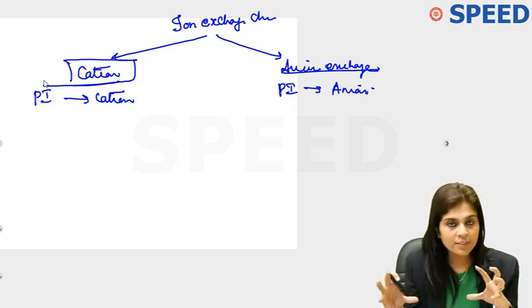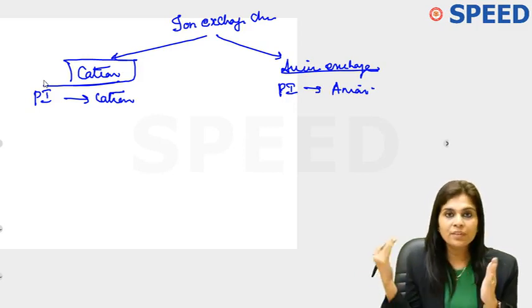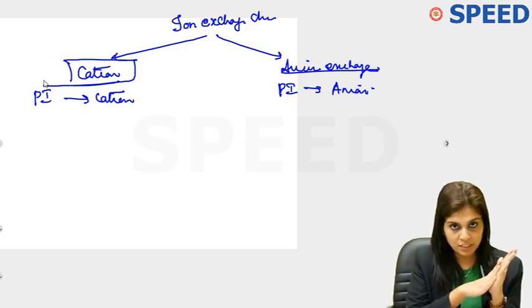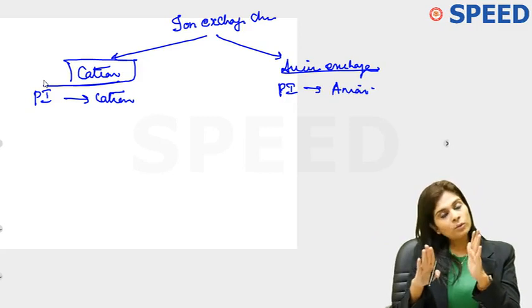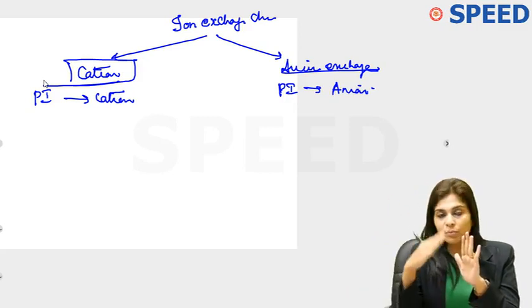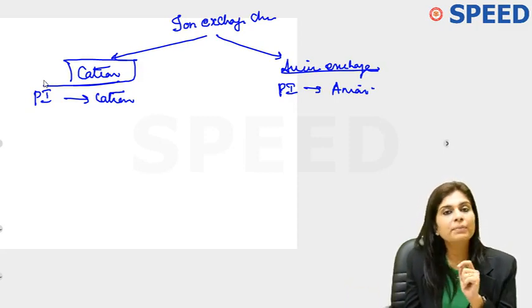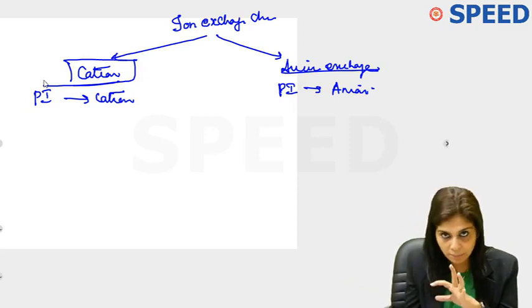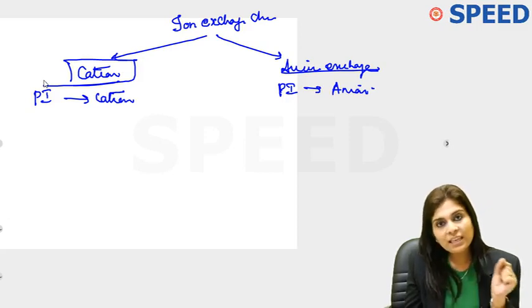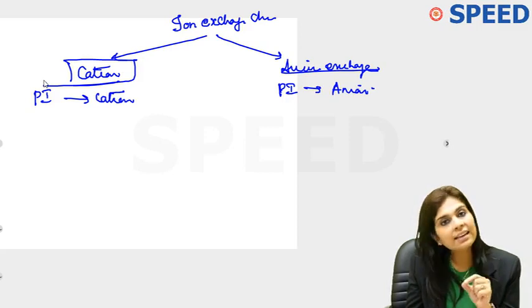In any chromatographic separation, what do we do? Anything which is of interest to us will be first retarded onto the stationary phase, so that anything which we don't want, which we consider as impurities, comes down faster. After you have removed all impurities, you get back what you want from the stationary phase by a technique called elution. And I told you, use cation exchange chromatography when the protein of interest to you is a cation.